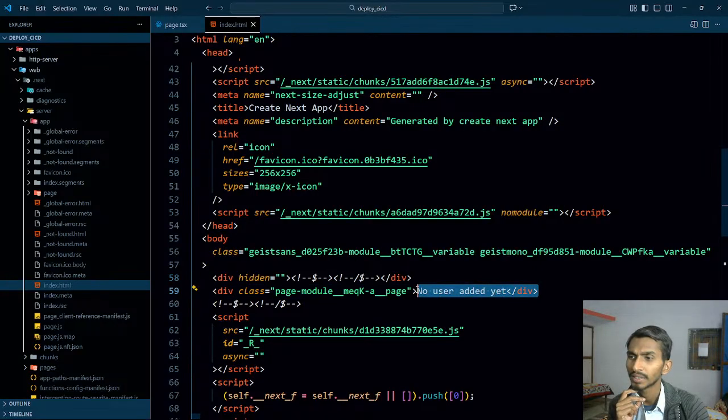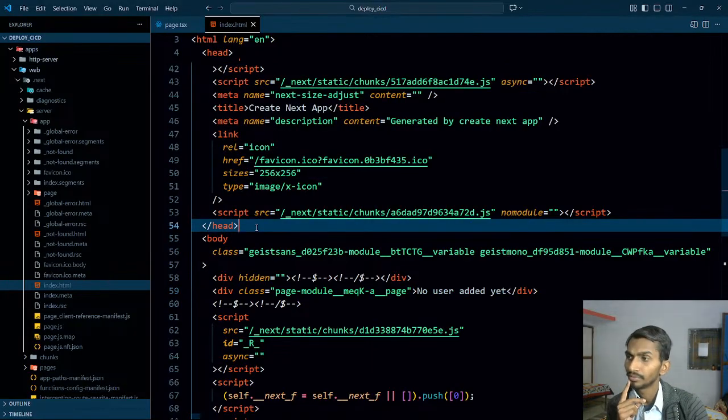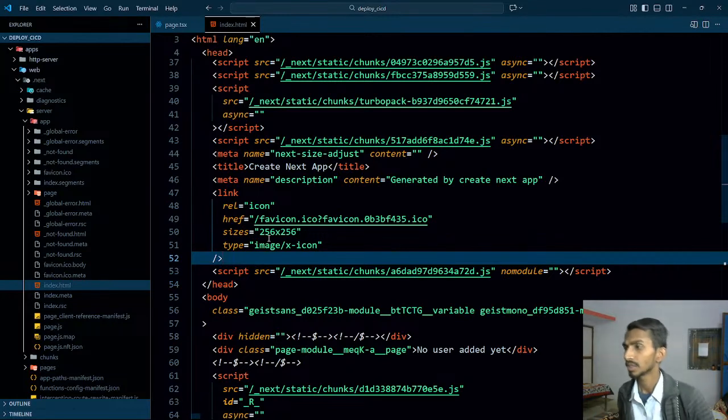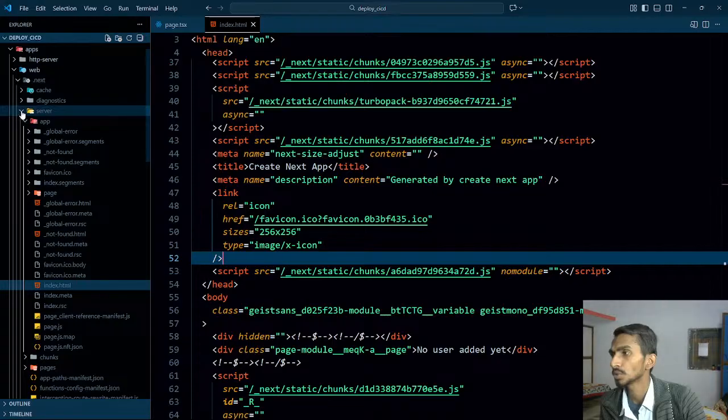No request goes. It could be. Now this is the only thing that we get. And apart from this, as this is statically generated, this is the only thing that will happen.